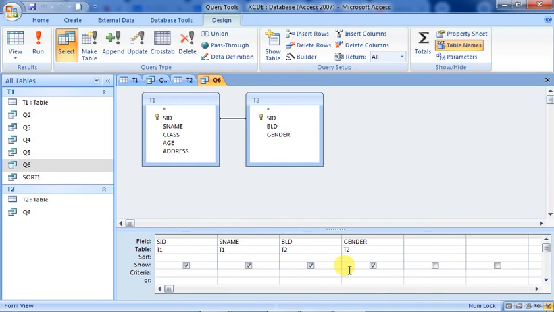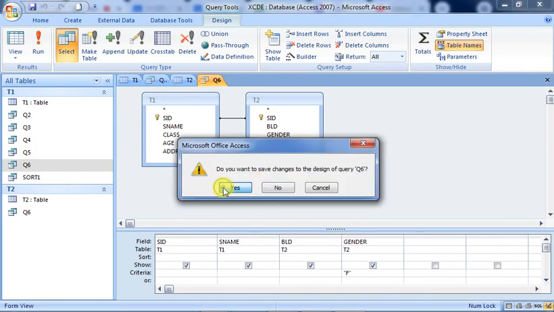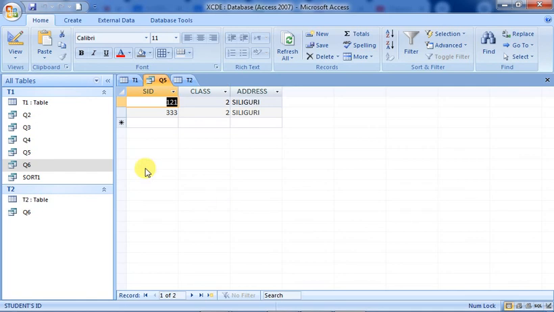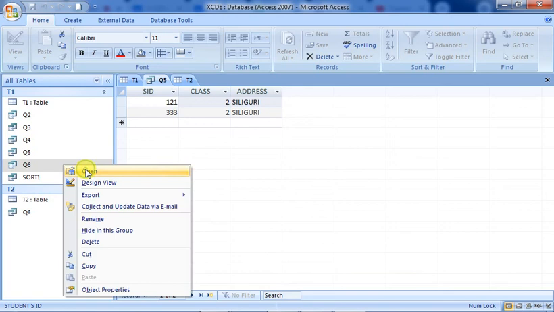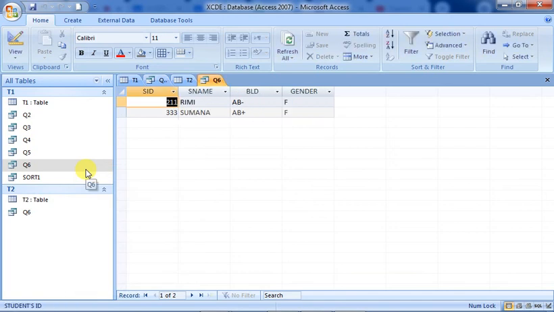female records, then I will just give F here under the gender. Then I will close it. All right, now when I do this, I will just say yes. Previously it was showing me all the records. Now you see, when I run Q6, let's see the outcome. Q6 is executed, only the female records have come. So in this way you can restrict the records from displaying. So you can put a filter.